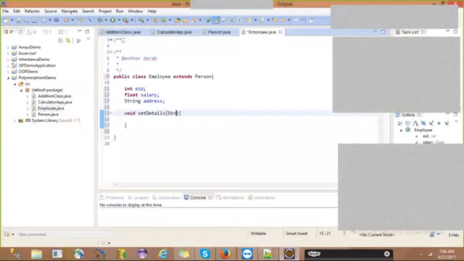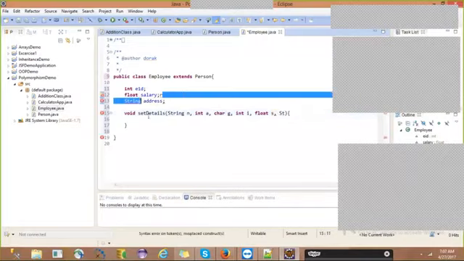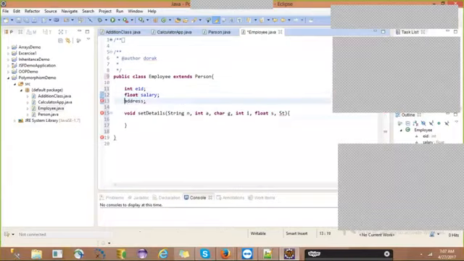String n, int a, char g, int i, float sal, and string addr.